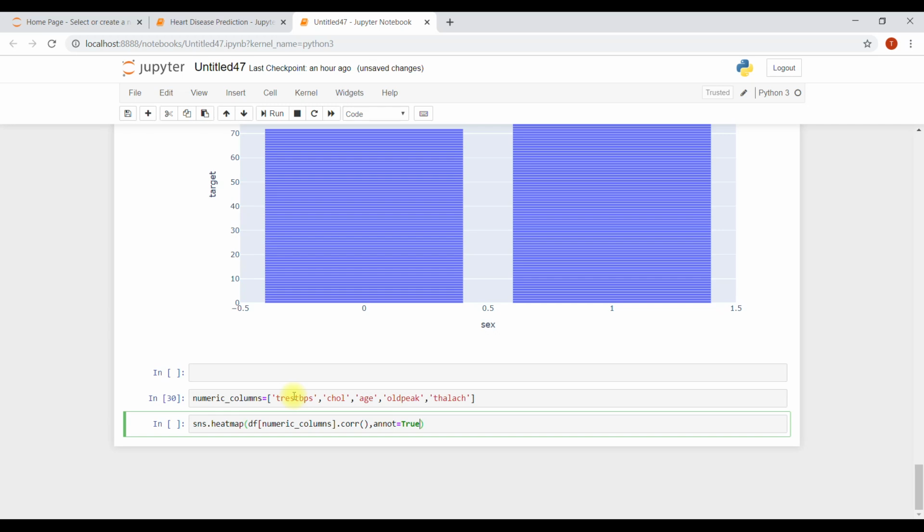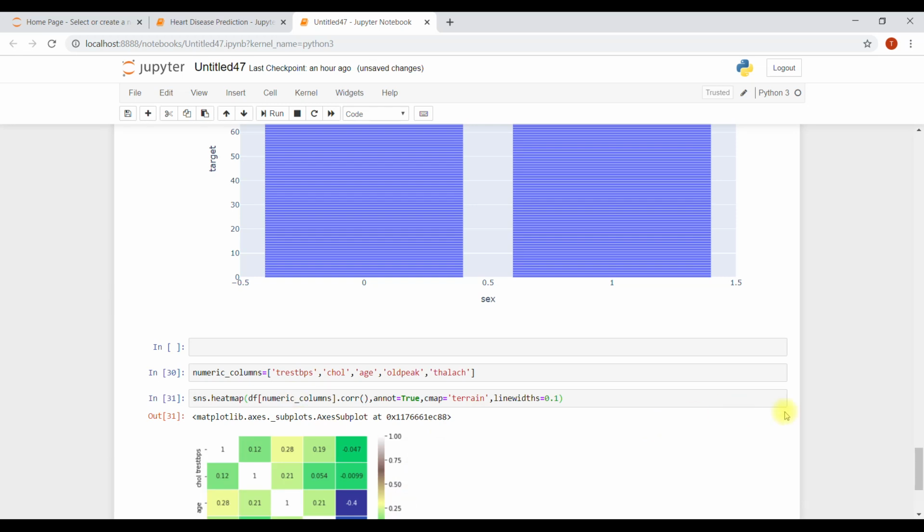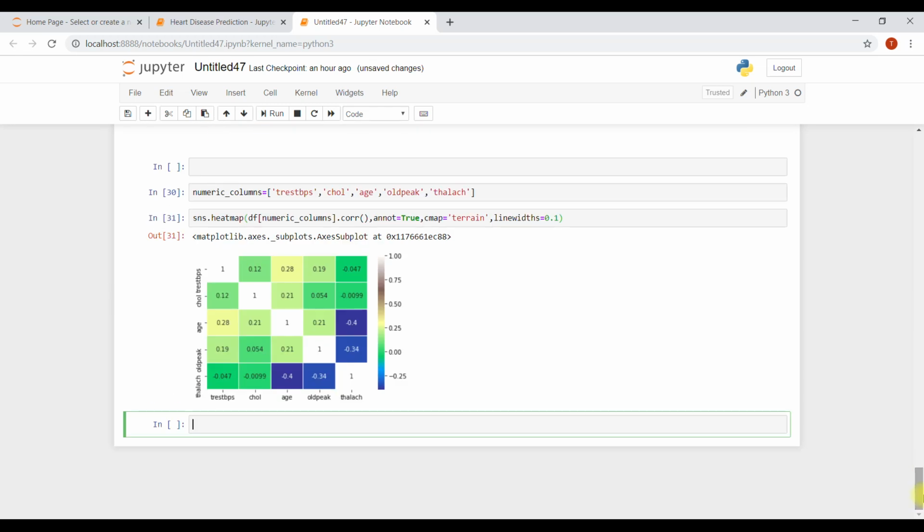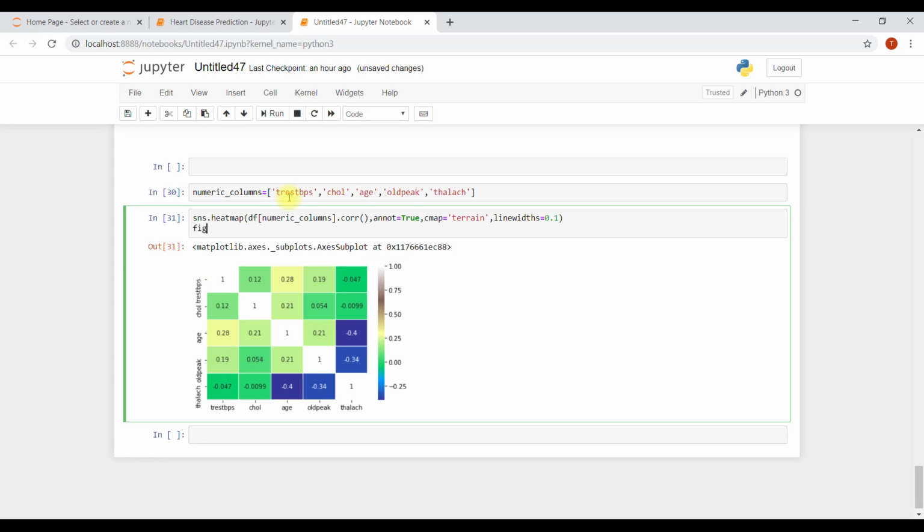CMap is just the color value, you can say. And line width should be very small, I want line width equals to 0.1. And figure is equals to plt dot